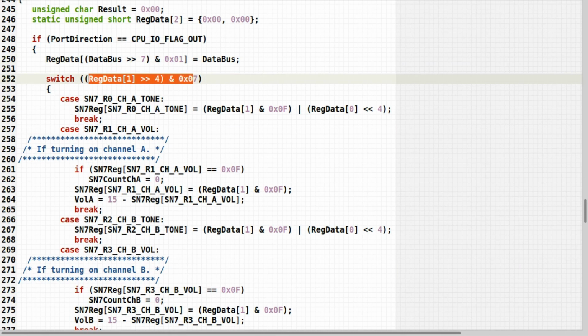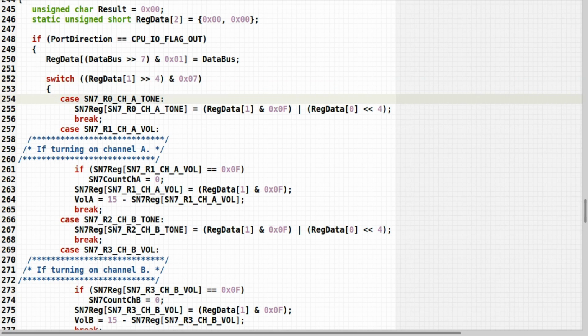And then I decide which register it's actually writing to. In the actual register data, it will define which register number it's going to write to, and that's handled by this expression here. If it's setting the tone of channel A, then in my registers I build up the 16-bit value for the tone of channel A from both the high byte and the low byte of the register value, shifting and masking the values as required, because